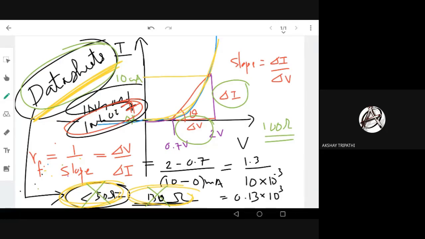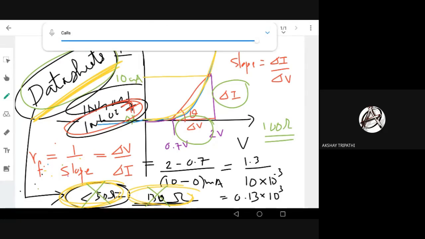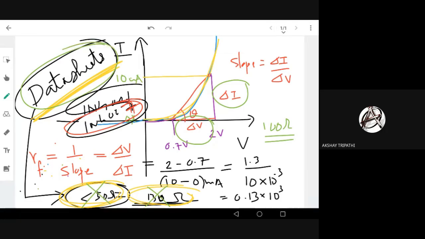Electronic devices vary their operation based on temperature also, right? You know the holes and electrons have more mobility at a higher temperature, etc. So all these characteristics you can get in the data sheets. It's only 3 or 4 pages, but it shows all the characteristics. It applies to all devices, even resistors. But usually we don't go for resistors because everything is given in the resistor color codes, tolerance values, etc. For diodes, transistors, and other electronic devices, we need data sheets.